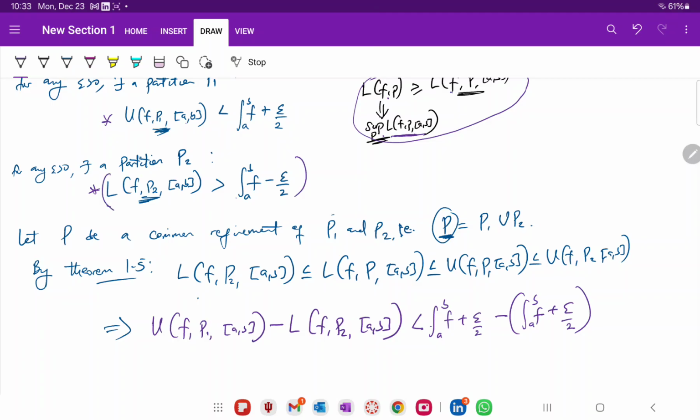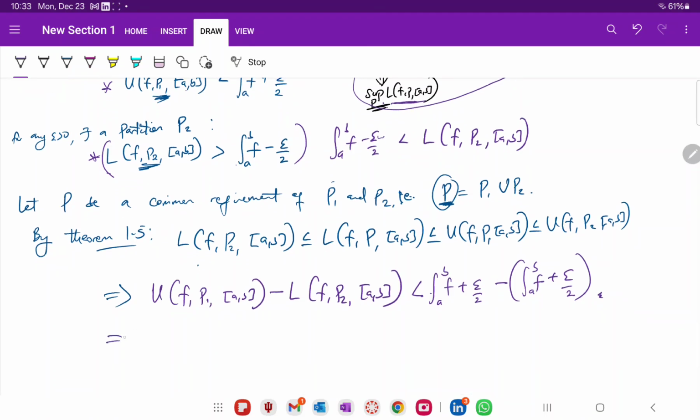Okay, then once you flip this one, you have something like the integral from a to b of f minus epsilon over 2 less than the lower Riemann sum of f over P2 a, b. So with that, you can now perform the operation easily. You can add these two, then you flip, you cross this one to the other side, then you take this one to this other side, then you have this result. So then we have,